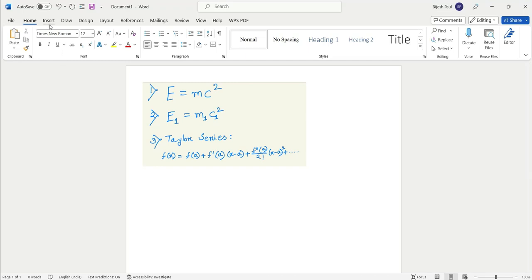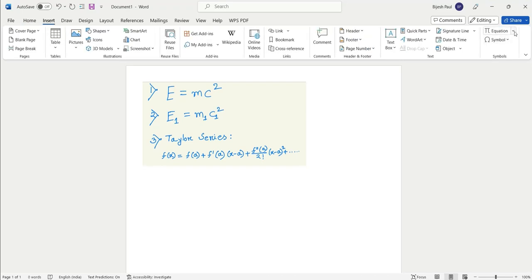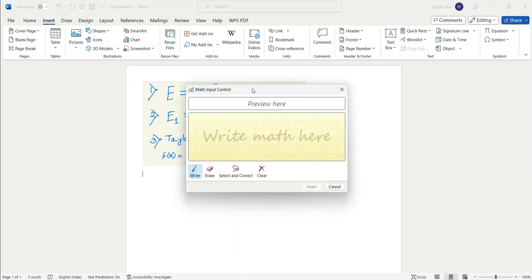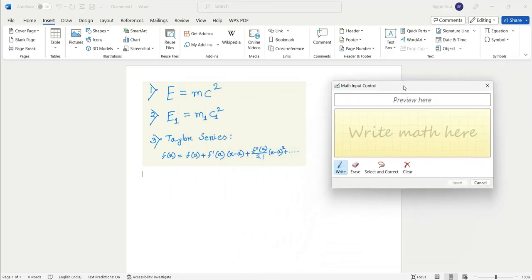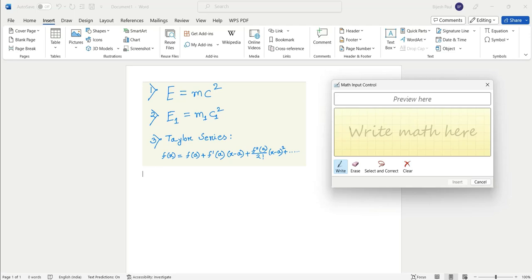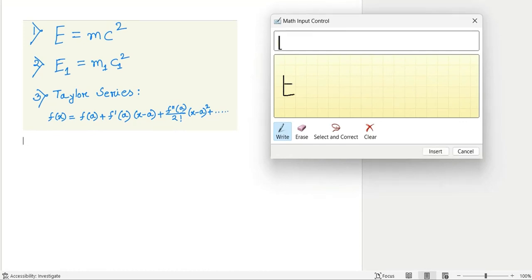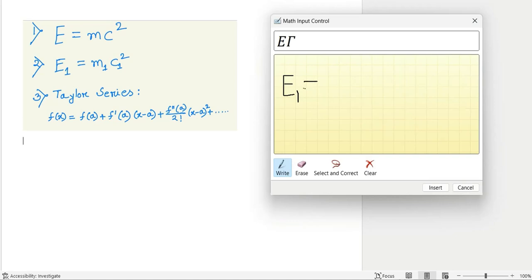For that you need to go to Insert, then under Equations you have Ink Equation here. So you can write the equations here. Suppose you want to write E1 equals m1 c1 square. Suppose you want to write with your mouse E1 equals to, you can erase those things if you write something wrong,